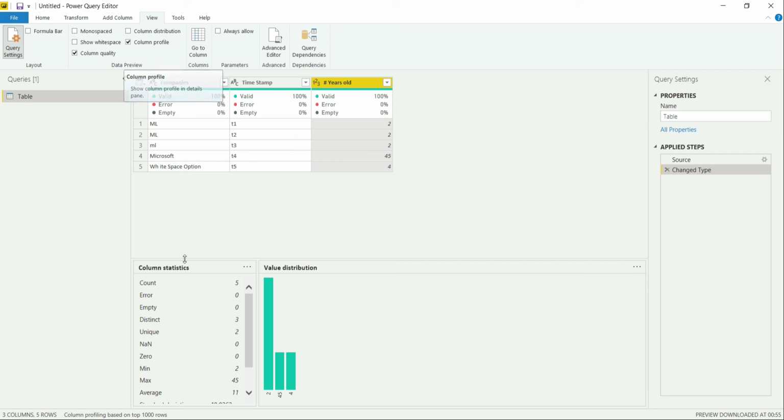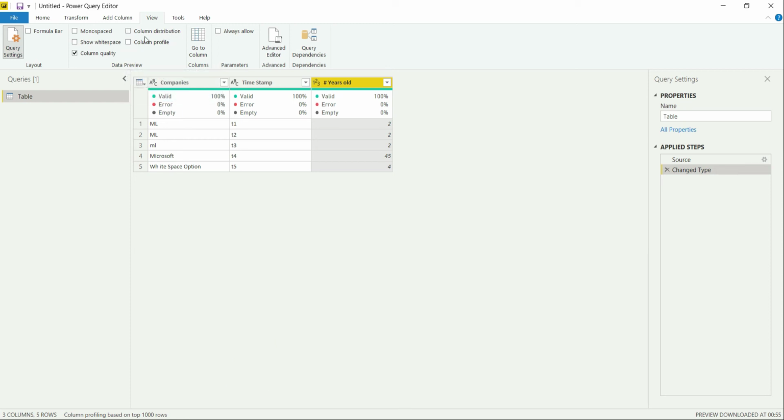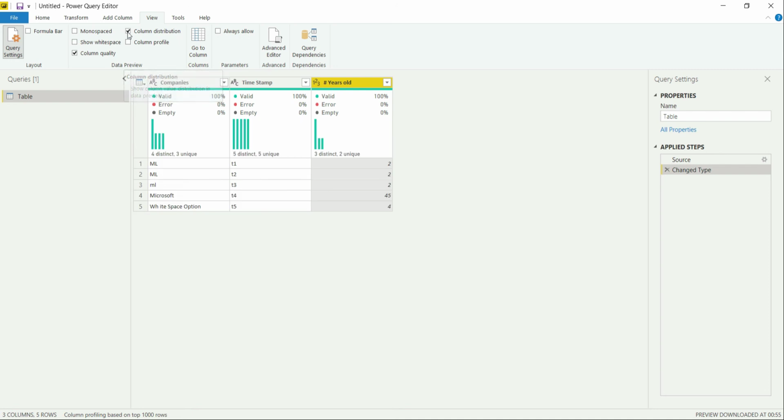Also, if you don't want this much information, you want a little bit less, all you can do is go to column distribution and click on it. So it shows you a summarized version. Let's say how many distinct values there are, how many unique values there are, and by this you can see. And from here only, since I know my column has, let's say, 5 rows, but only 4 values are distinct, and that is 80%. So there are duplicates over here.